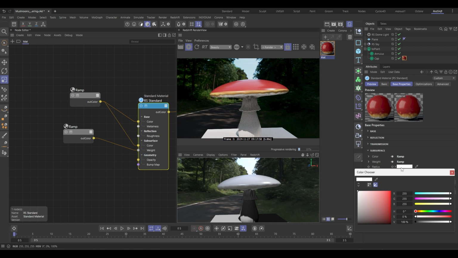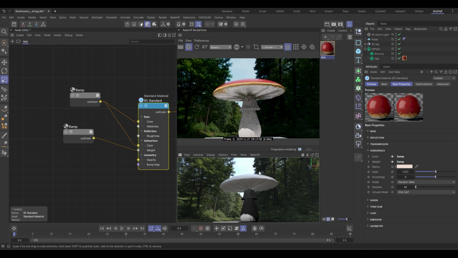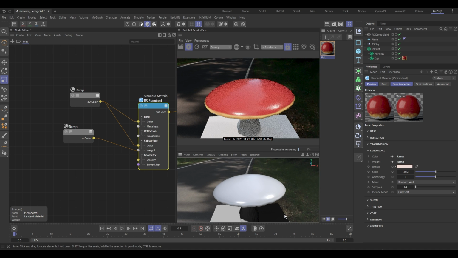A bit of color. Let's just get a sort of slightly off-white color into there, and that's looking all right. Okay, so we'll keep it like that, and then with the reflections we'll just add a